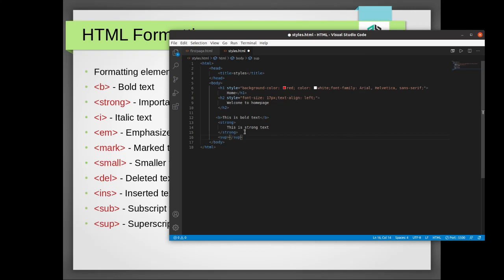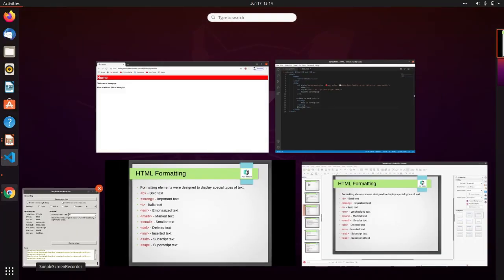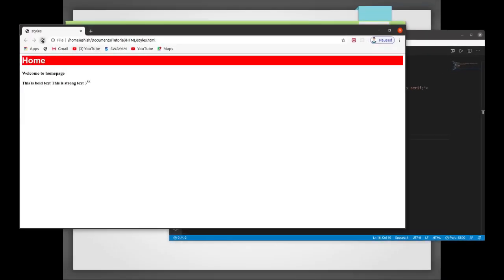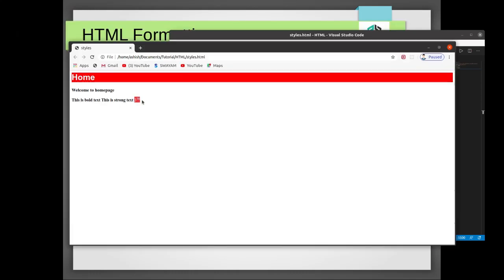Superscript: you type 56, here you type 3. Just refresh it, move to your browser, refresh it. Yes. Now you can see that this is bold text, this is strong text. This is the superscript element, 3 to the power 56. We have used superscript as 56.